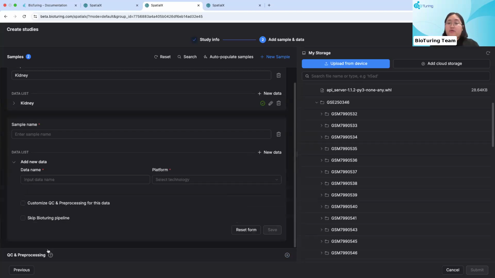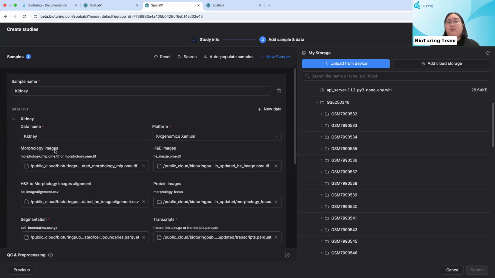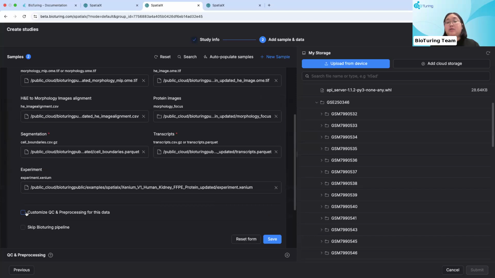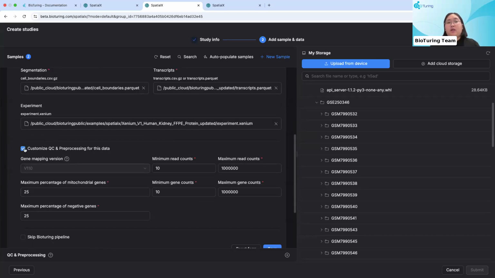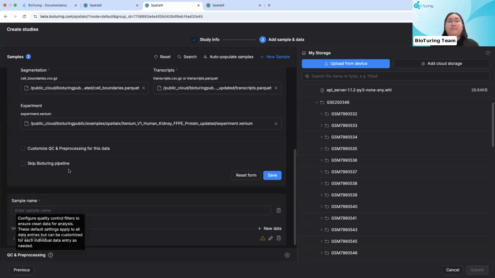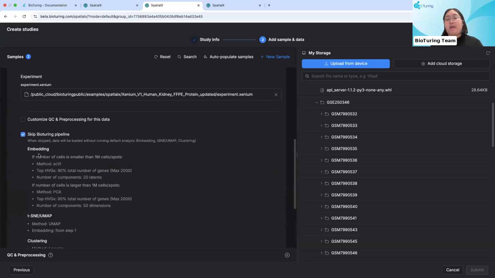Okay. However, let's say that you have different samples, but you want to apply different sets of normalization on different samples. Then you can open individual samples and customize the QC and processing for the individual data like this. And if you don't click, then the global QC will be applied. And another thing is skip Bio-String pipeline. So most of the time we recommend users to run the Bio-String pipeline, where we will automatically run the embedding, t-SNE, UMAP, and clustering for you as you submit the data. So it's easier,